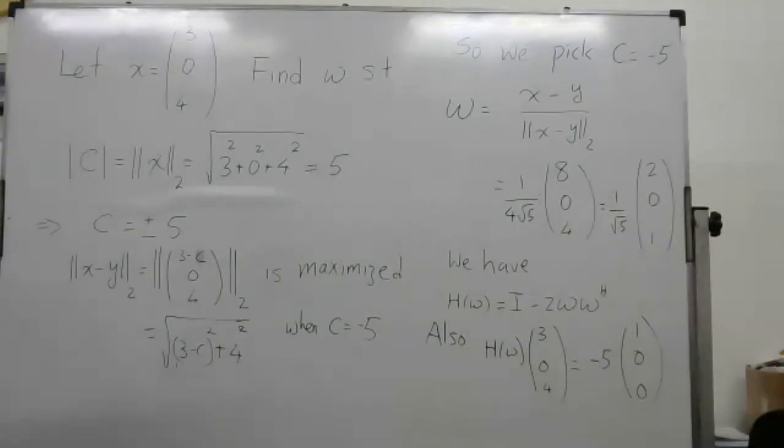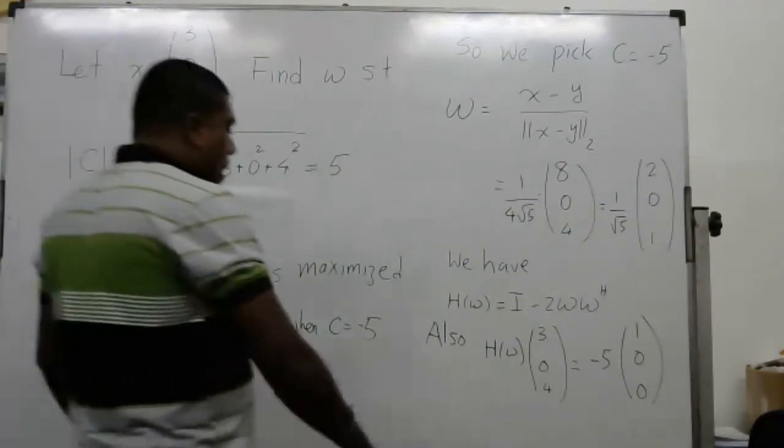So this is an example of what we studied last time, where we find the column vector omega such that H omega times x is transformed into a constant multiple of the first unit vector of that same length. Now we are going to apply this to find a sequence of elementary Hermitian matrices that convert the given matrix A into an upper triangular matrix. So we will see that here.